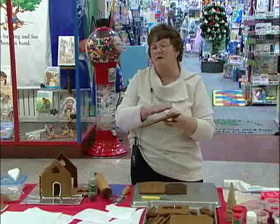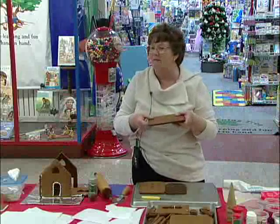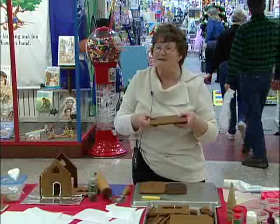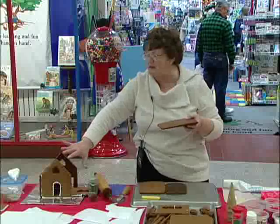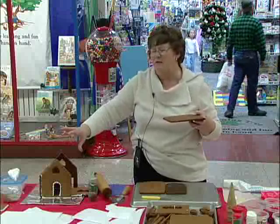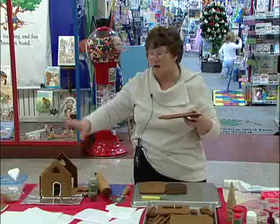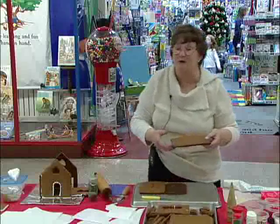I don't know how many of you can remember the very large country cabin that one of our local restaurants did for the contest last year, and the roof fell in. No, because it was a very big piece of gingerbread. It had been placed on top of the sides and the front while it was still not, I wouldn't say warm, but it hadn't set overnight. And that made it not as strong as it should have been, and then with the frosting on top, it began to sink down. Another thing that you can do to strengthen your roof